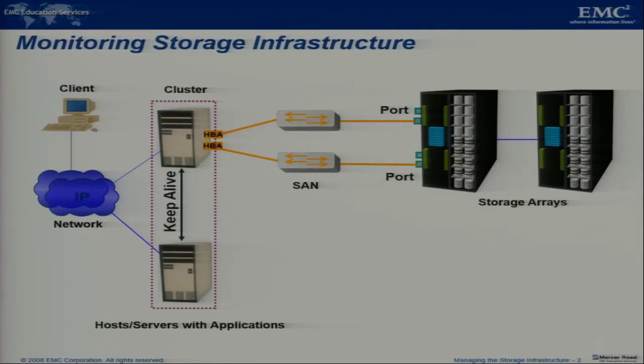What is meant by utilization? Now we need to check whether all the components in the storage infrastructure are utilized or not. Say for example, there are two switches present over here, switch 1 and switch 2. We need to find out whether both switches are actually necessary for the exchange of information or only one switch is enough. Now there are 4 ports present on the storage array. Are all 4 ports required or are only 2 enough?